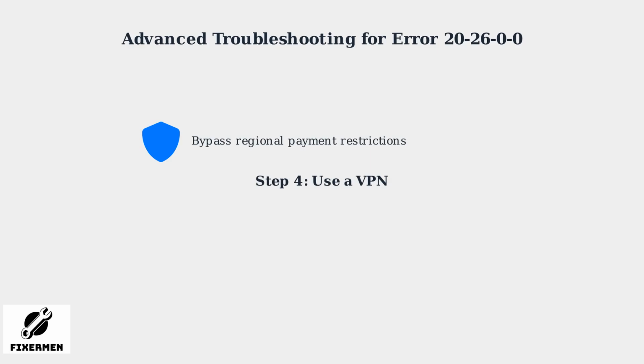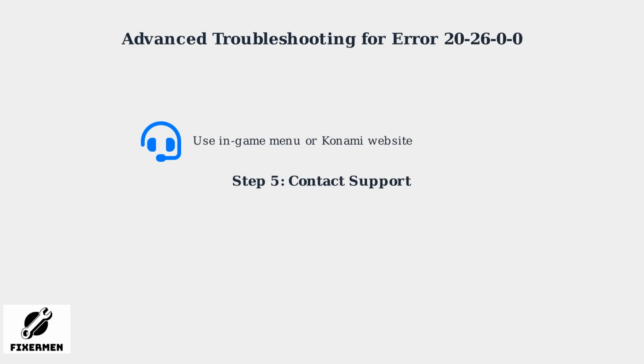As a last resort, experiment with different payment methods, such as trying a different credit card or using PayPal. Consider using a VPN to bypass potential regional payment restrictions, which can be useful depending on your region and payment types. If none of these steps work, contact Konami's support team through the in-game menu or their website for further